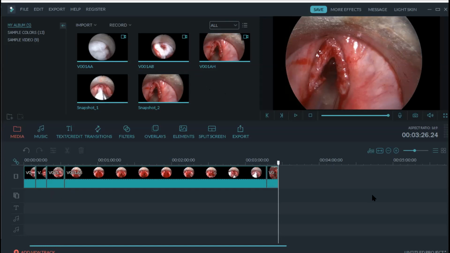Once you edit this video, the majority of the time we don't require to add any audio to our video, except when you want to upload to YouTube, or when you are presenting a video in a conference, you have to incorporate audio. How to incorporate audio is, number one, you have to record your own audio. The best way to record your audio is to have an audio grabber on your computer. Then you require a mic.